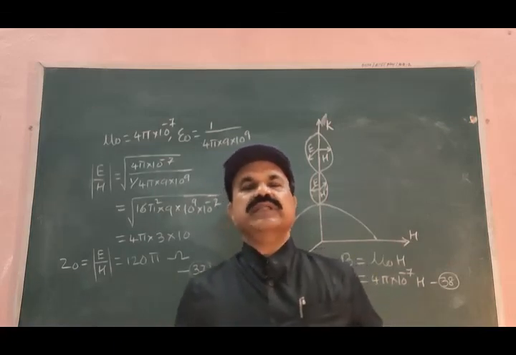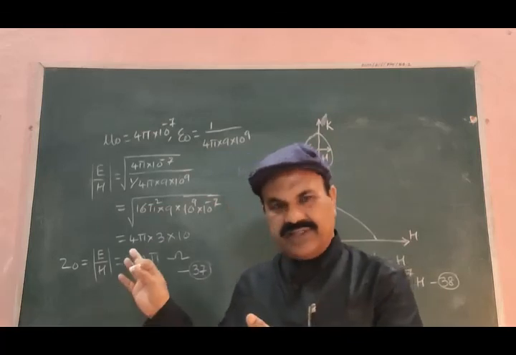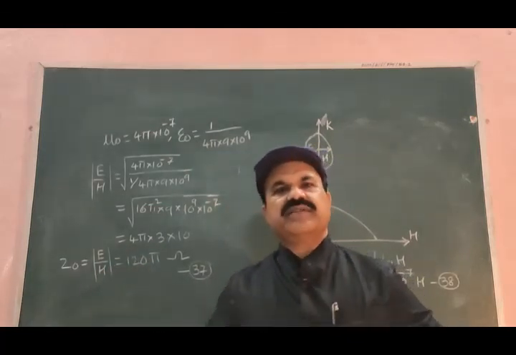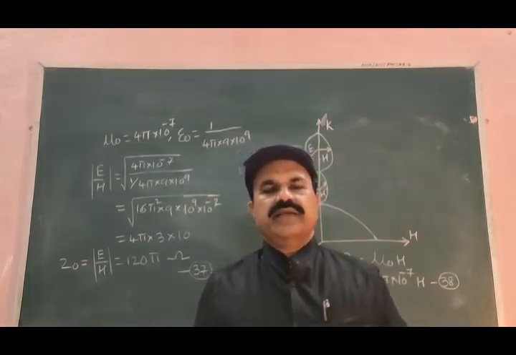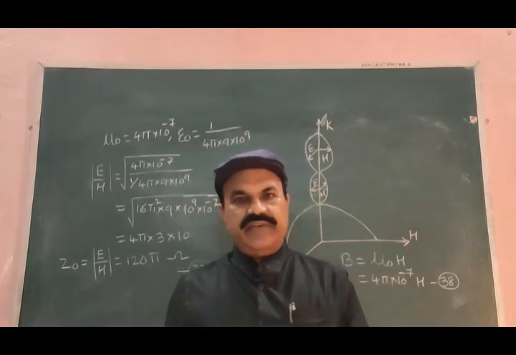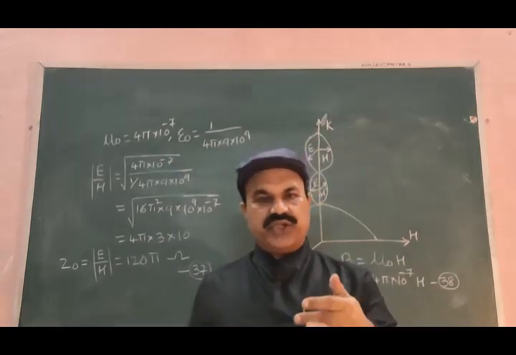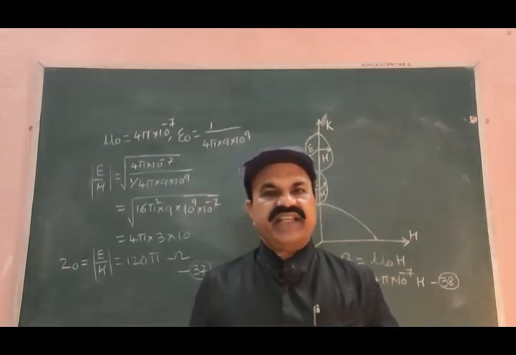If I continue these two remaining parts in this lecture only, it will become much larger. So it is better if we consider the Poynting vector and the ratios of electrostatic and magnetic energy densities